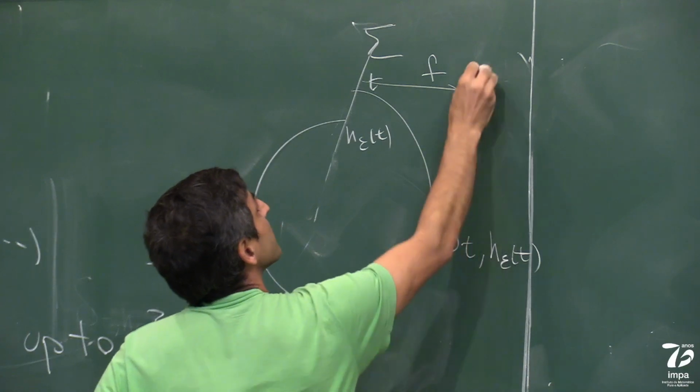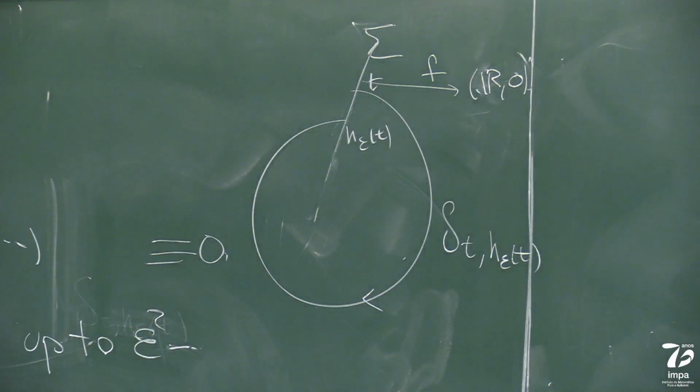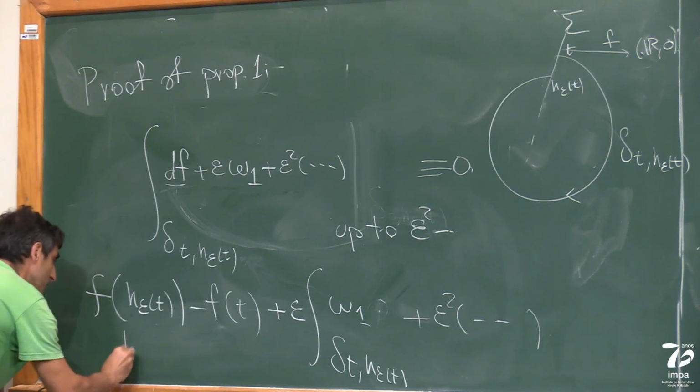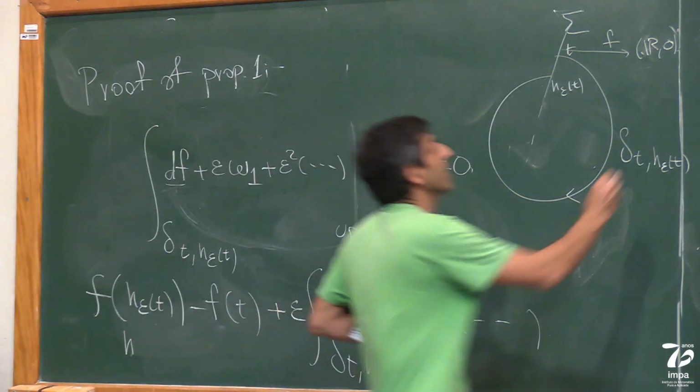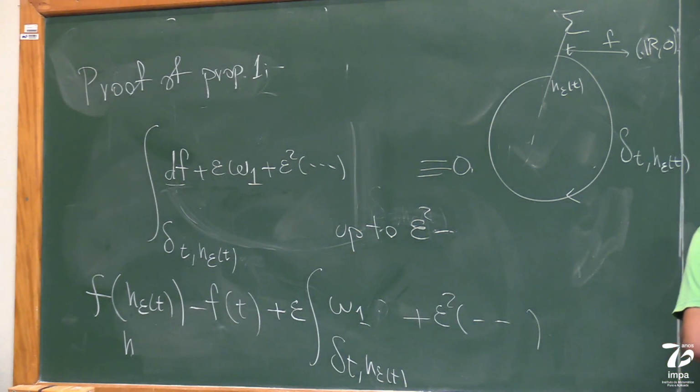Well, if I am in the real context, let's go with it. But it's the same. So what this means is that if f of h epsilon t is h epsilon t itself, if you consider h epsilon t as a number, then at the end I will get h epsilon t minus t plus epsilon